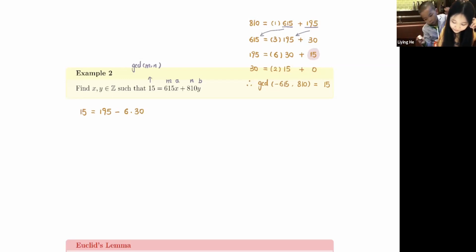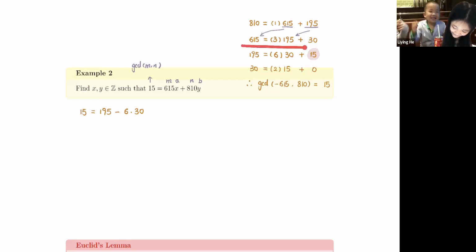Now, I can write 30 as this. So we can rearrange this equation and write 30 as... Brownie, shut up! See, they don't get along with each other. They fight. Now they're fighting. Anyway, this equals 195 minus 6 times